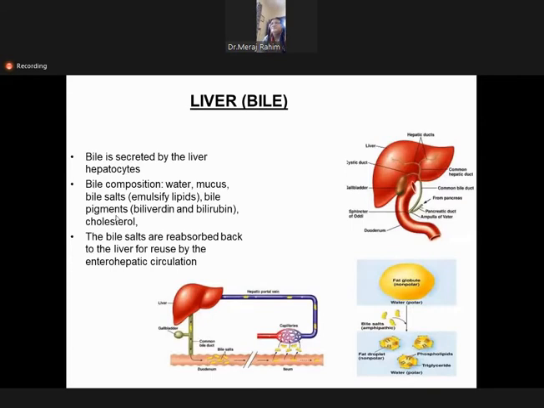This is how the bile salts are reabsorbed. And when these bile salts enter into the duodenum, what happens? They go into the jejunum, the ileum, and afterwards, what happens? In the ileum, the excess which is not utilized is then again absorbed. So we call it the enterohepatic circulation.